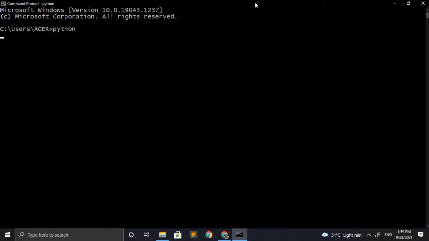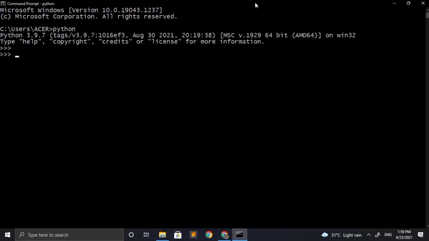Once it is started, I will declare a variable x to hold my input. To take the input in Python, we just need to call the input function. That's it. Now we are ready to take the input. As soon as I call the input function, the program execution will be halted and it will wait till the time I have given the input. As soon as I give the input, the program will continue again.